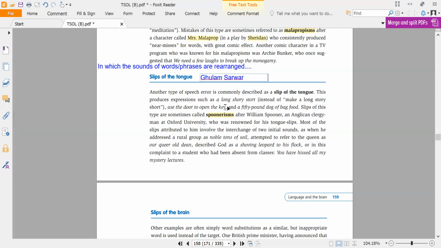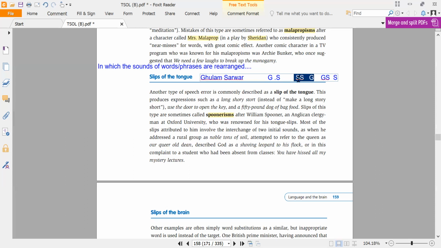So he wanted to say, in Pashto we say Ghulam Sarwara. Sometimes we say Sulaiman, Assalamu alaikum, right? Like when we want to address someone, we add that sound at the end. So the friend of Ghulam Sarwar wanted to say salam to Ghulam Sarwar. He wanted to say Ghulam Sarwara Salam alaikum, but he rearranged these sounds mistakenly because he was in a hurry, and he said Salam Sarwara Ghulam alaikum, instead of Ghulam Sarwara Salam alaikum.